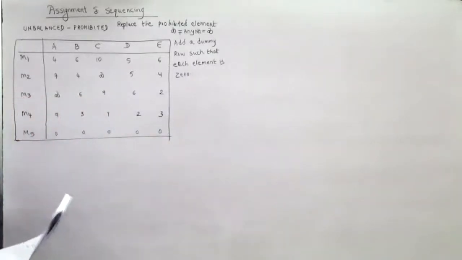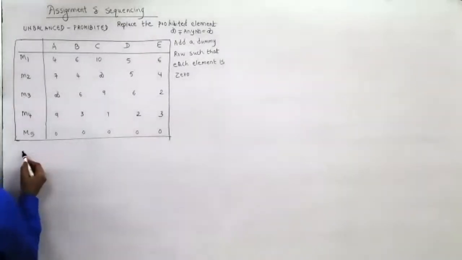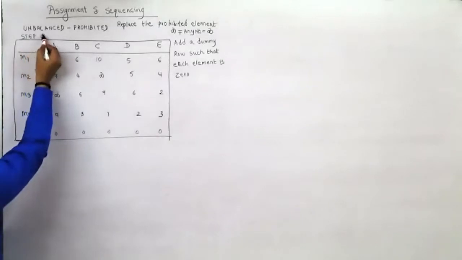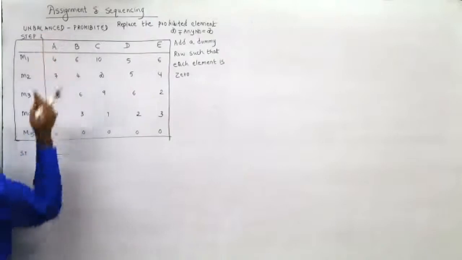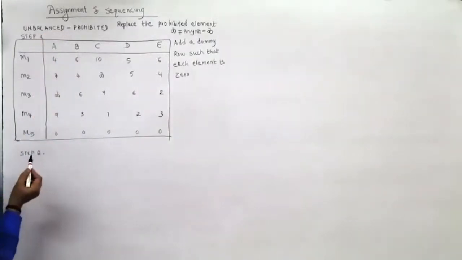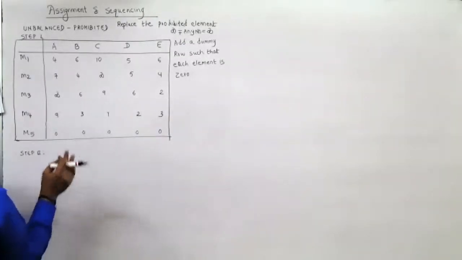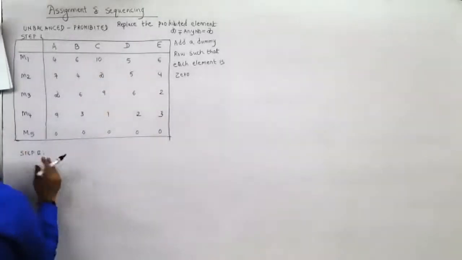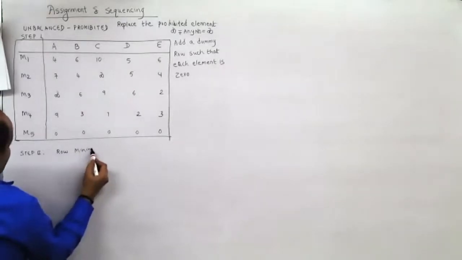Next, now here, step 1. This is the step. This is step 1. Step 2 would be: first of all, this is machine shop, installed, 5 vacant places, limited space, cost is there. This is cost, so we need to minimize it. When you need to minimize it, first step, row minimization. In case of maximization, the first step is different.